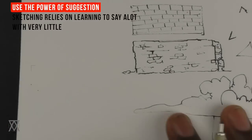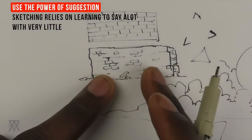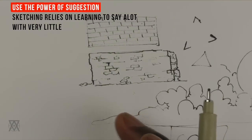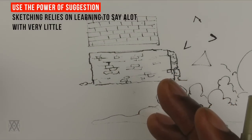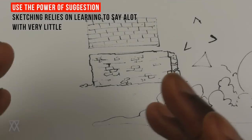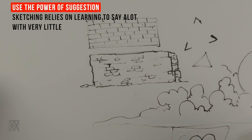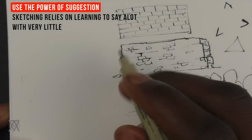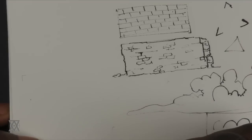If you're drawing bricks, you can apply this to when you're drawing the roof of a house. When you're drawing shingles, it's the same thing. You don't have to draw every single shingle, every single panel. You just imply it. Same thing when you're drawing buildings. If you have a building,